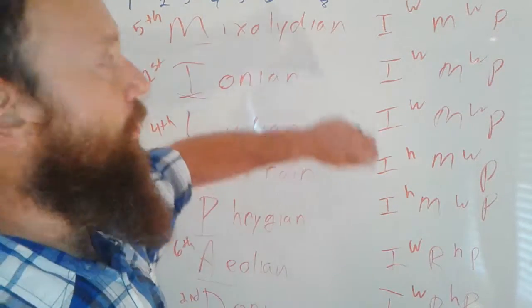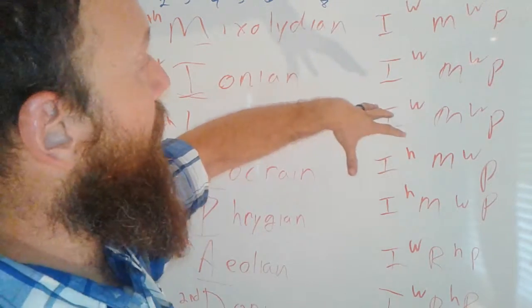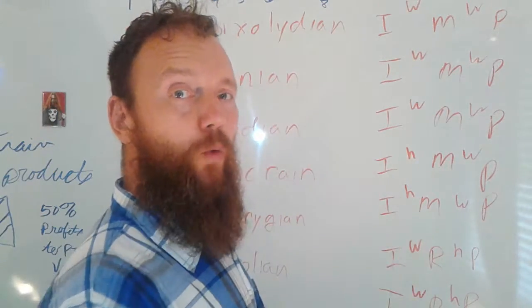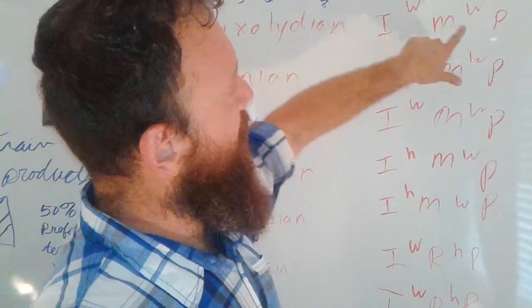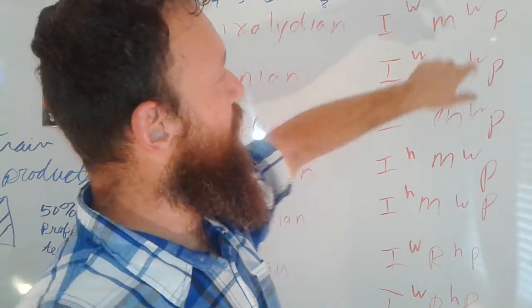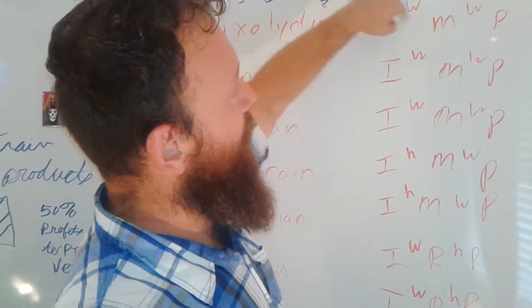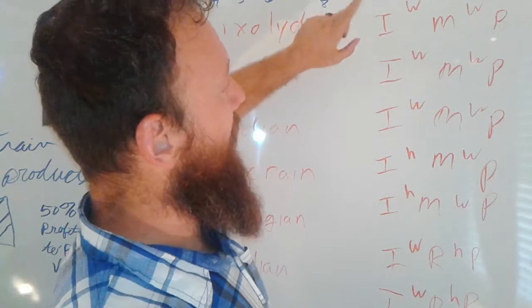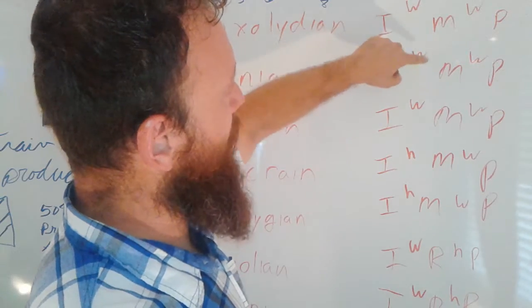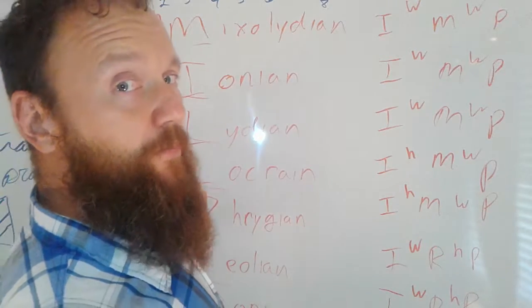And what you can see over here are the fingerings and the whole step or half step patterns. With the Mixolydian, it's set up so you can play 3 notes per string all the way down. So index, middle, pinky, and on this Mixolydian you've got a whole step in between each. So the first 3 are the same pattern: whole step, whole step, played ideally with the index, the middle, and the pinky. And then once you pass these, you move down to the next one, which is the 7th degree, the Locrian,